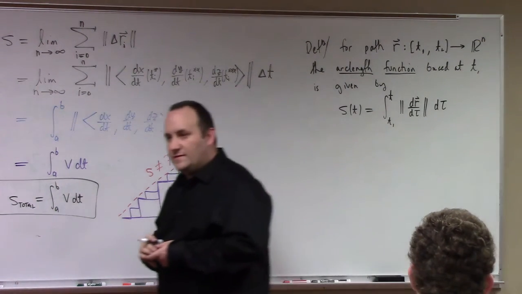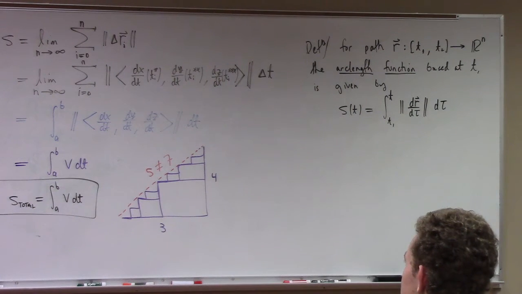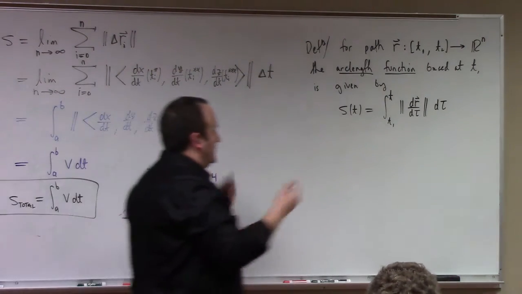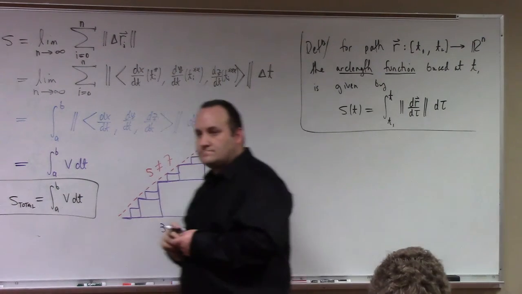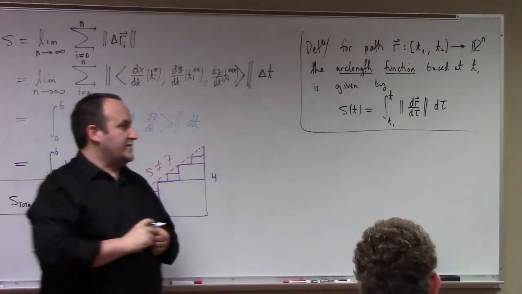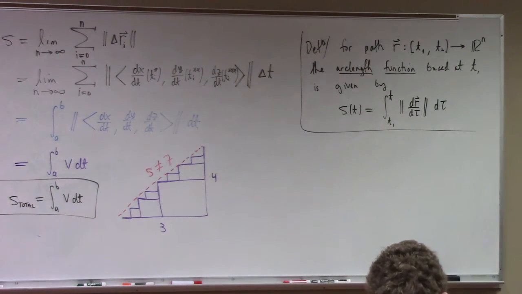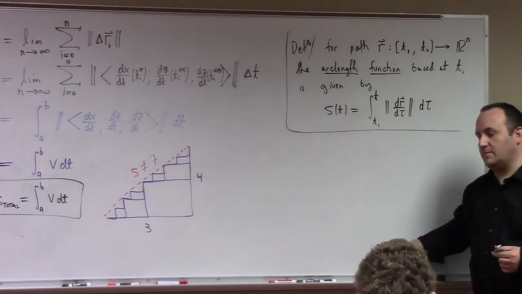If you like, you could replace tau by u, some other letter. We just shouldn't use t, because t has a fixed but different meaning. So this is the arclength function, right? All right, so for example, this one over here, this example that I had you guys work out,